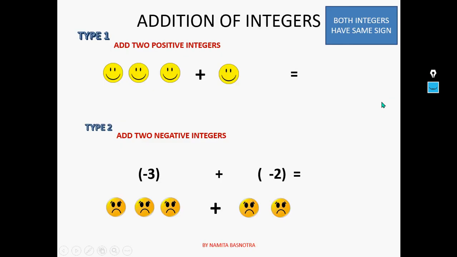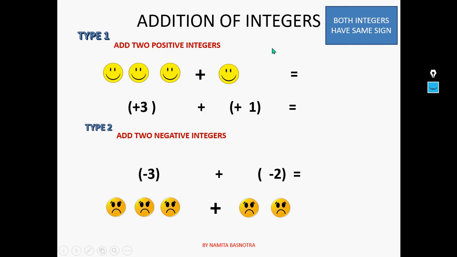Alright, so here we go for our second topic in the video. I told you that we'll be doing 3. So the second one is addition of integers. When you add two integers, one thing that is very important for you to say is that this integer has a sign and a number. Okay, so like here we have a question. We will be taking the questions to add two integers.